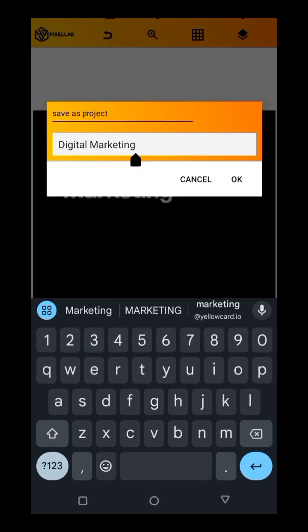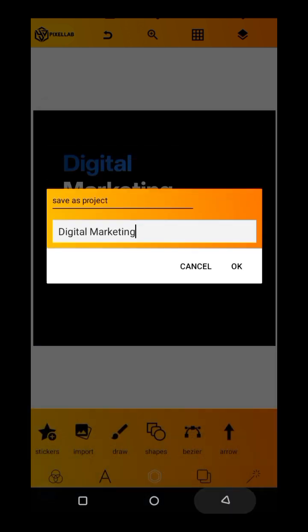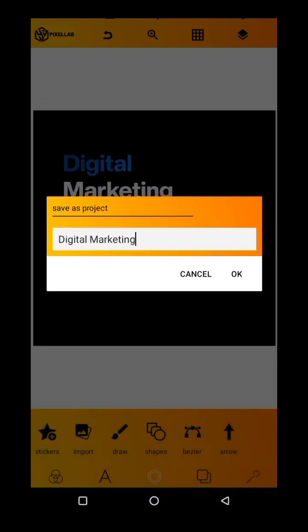But don't click on OK when it is still here like this. It might scatter. You may come back some days later and you see that everything has scattered. But you click on back first like this. Once you click on back, everything will be arranged. Then you click on OK. Once you click on OK, come back